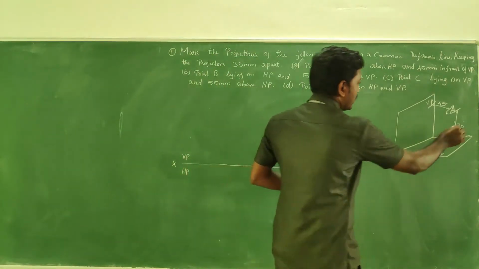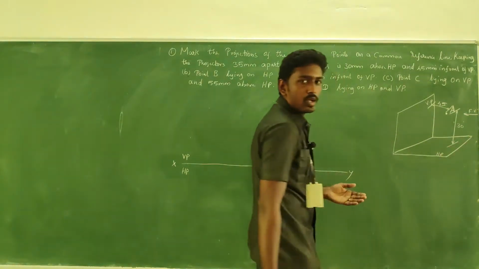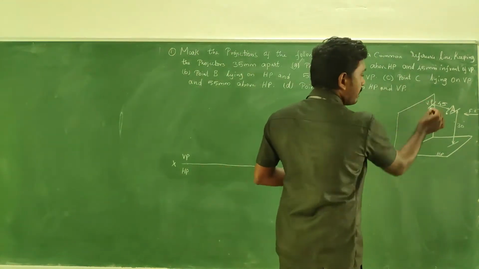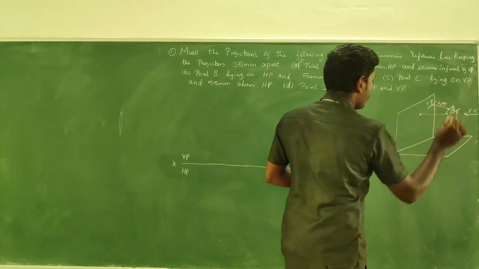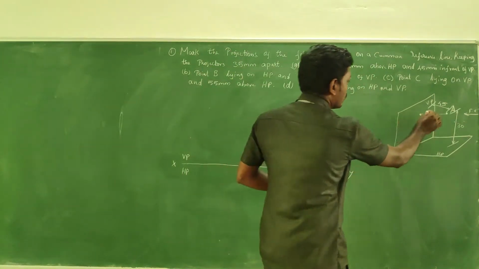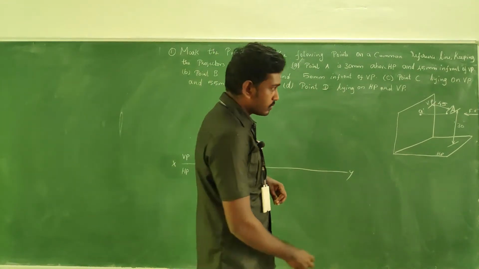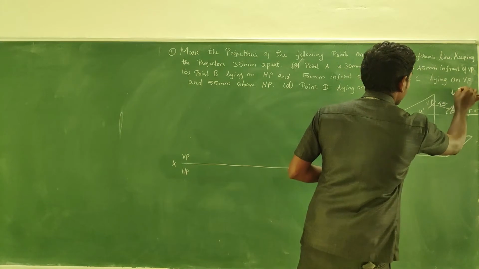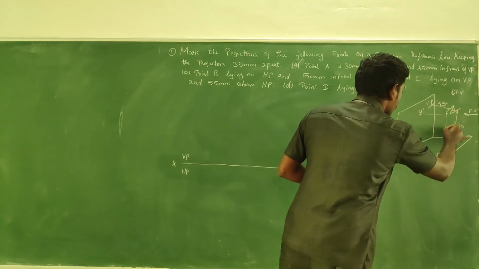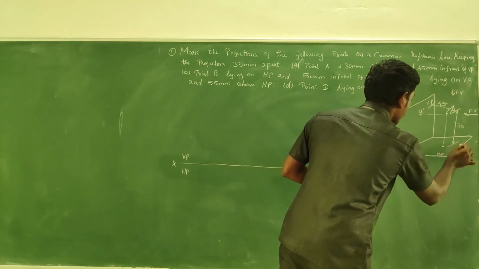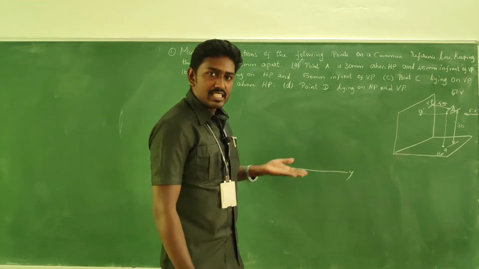So if you have the projection for the front view, the observer position will be something like this. It will be captured on the VP, and throws the image over a plane, just perpendicular to the VP. So this would be your front view, A dash. And what about the top view? You look from the top. To get the top view, the projectors just go perpendicular to the horizontal plane. So this is the A. So this is the pictorial view.